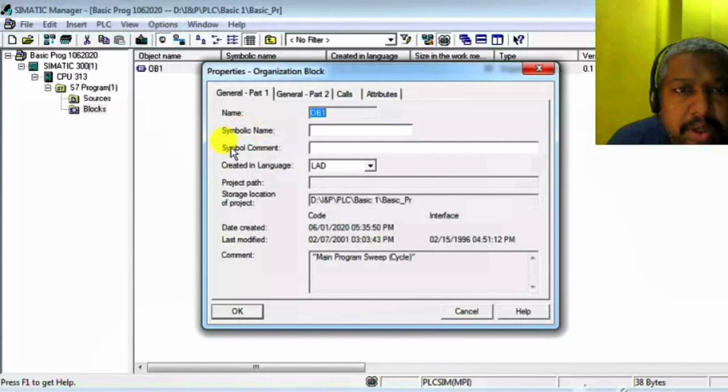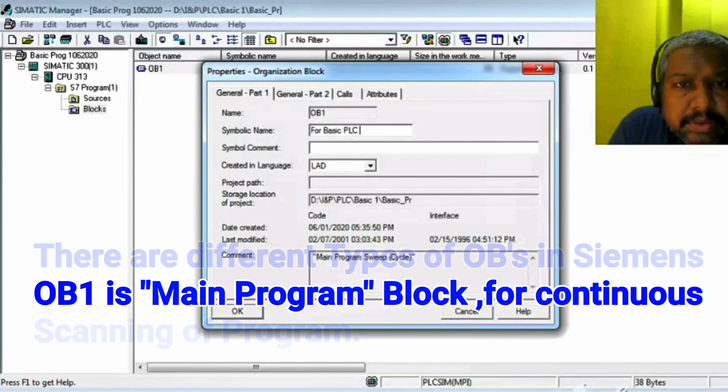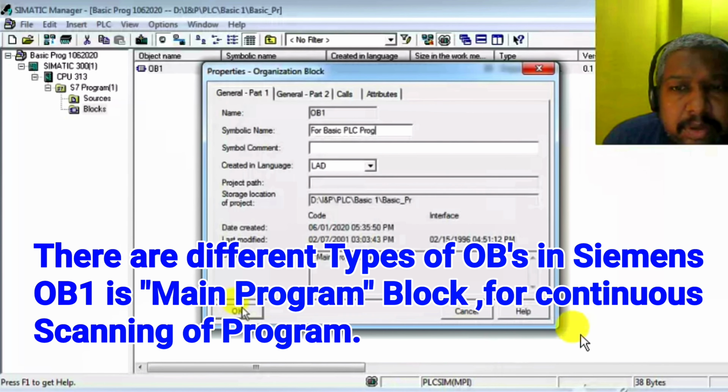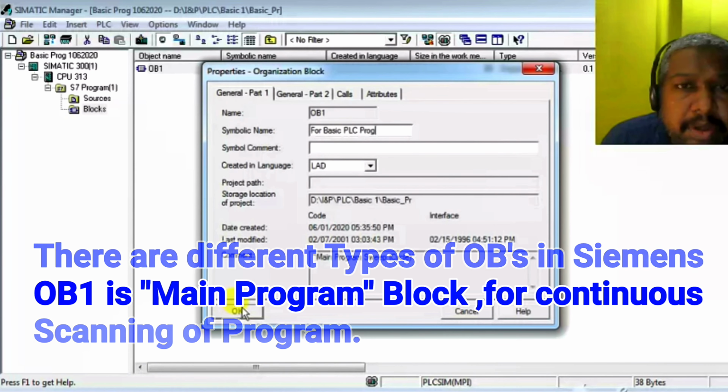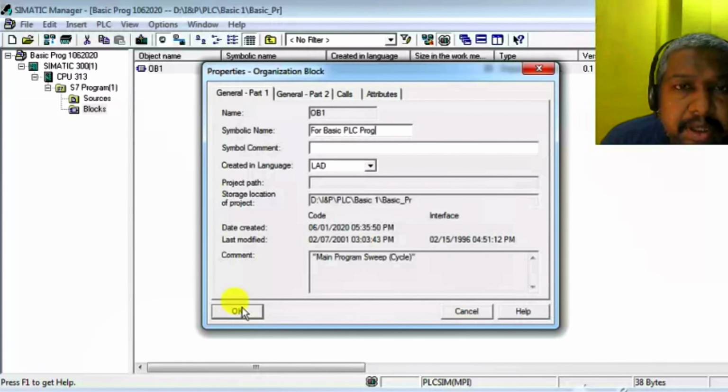Okay, for the symbolic name, for basic PLC program. And this is a basic program, so we have to make the program in OB, not generate FC or FB. FB means function block, not functions.